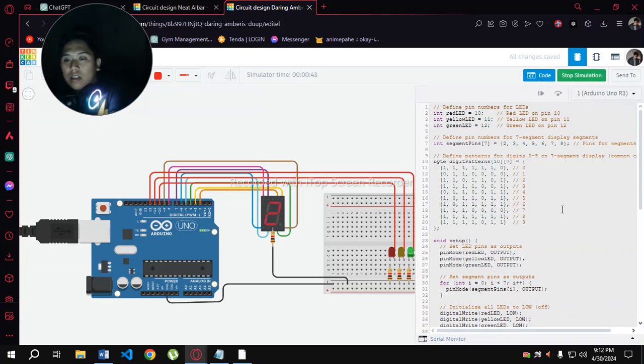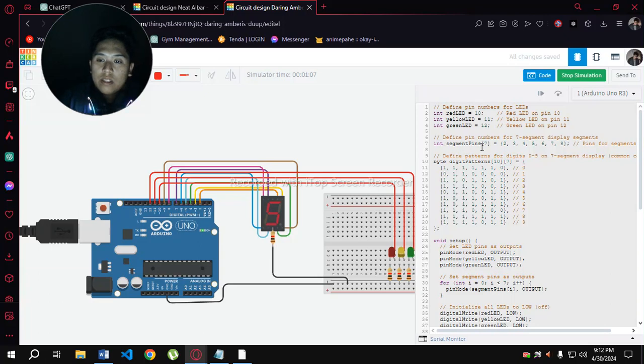Now let us look at the code right here. As you can see, I initialized the LEDs, where I put the name red LED, which is the 10th, 11, and the 12 right here, 10, 11, and 12. So red, yellow, and green.